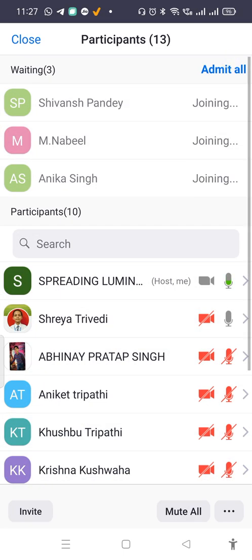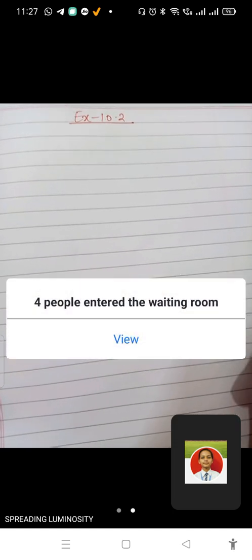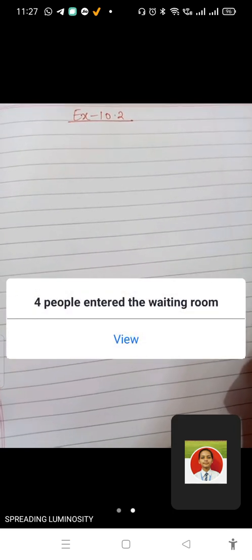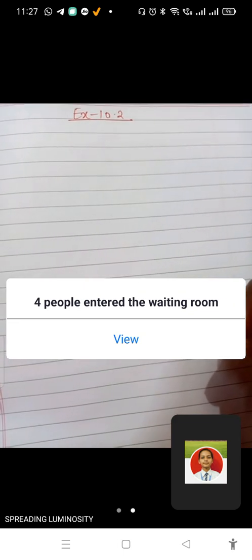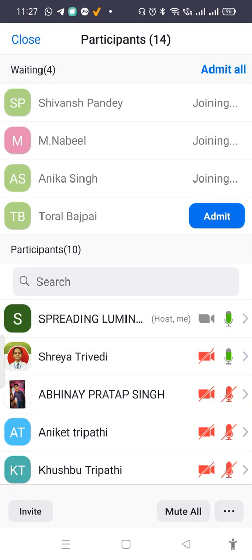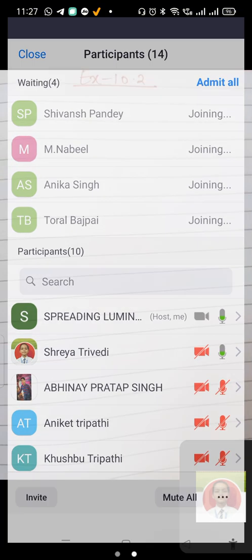Yesterday I explained the condition for congruency. For two days I have been explaining the conditions for congruency. The first condition is all the sides should be equal. Second, two sides and the corresponding angle. Two angles with the corresponding side. Then by RHS we can say that they are congruent.